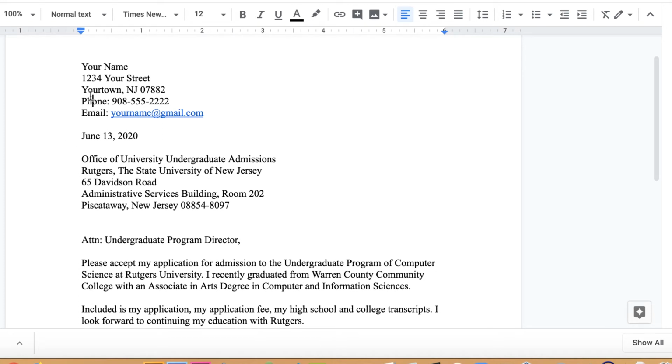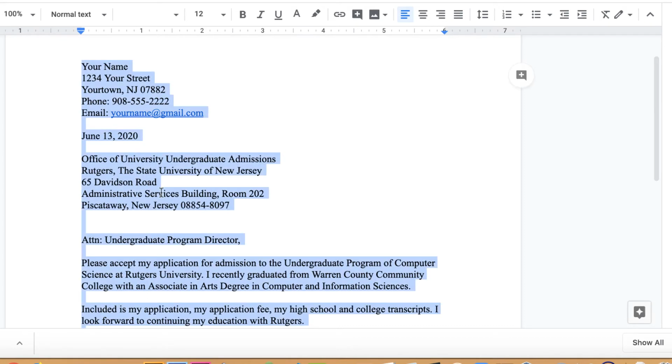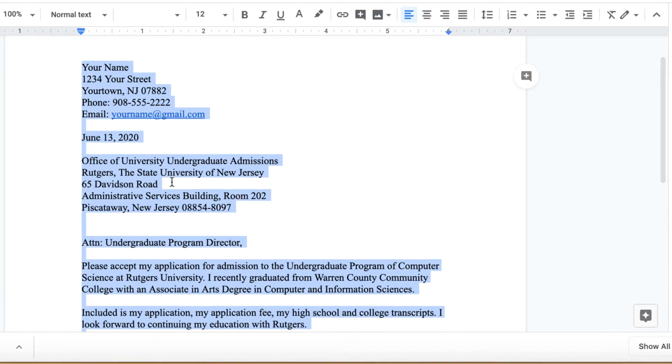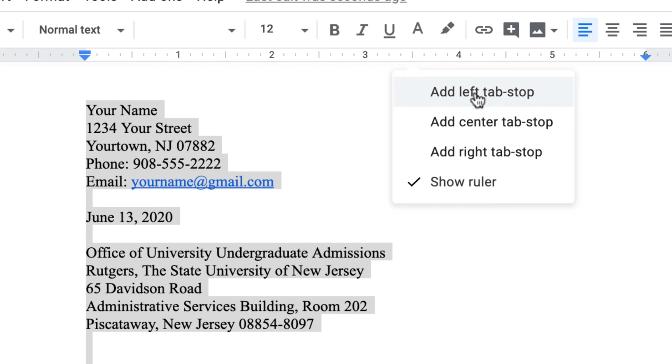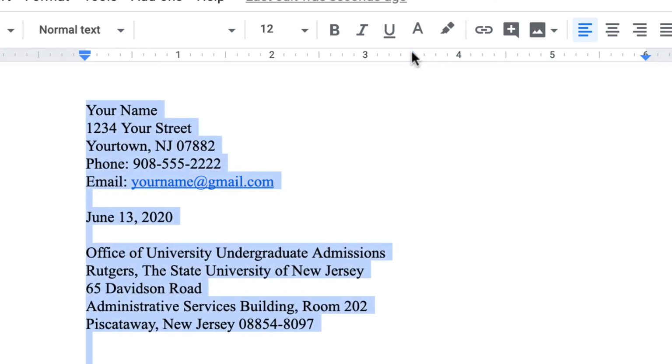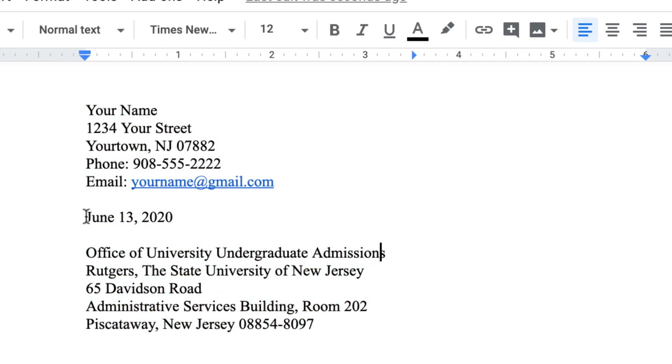So you could highlight everything, and I'm on a Mac, so I'm going to do Command A, but you could do Control A and select everything. And all you have to do to set a tab in Google Docs is just click right here, and it says Add Left Tab Stop, and that's what we want to do right there. And I'll select that, and it added a tab stop. Now, nothing happened. Nothing moved,